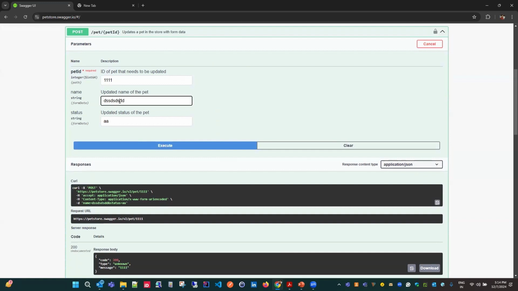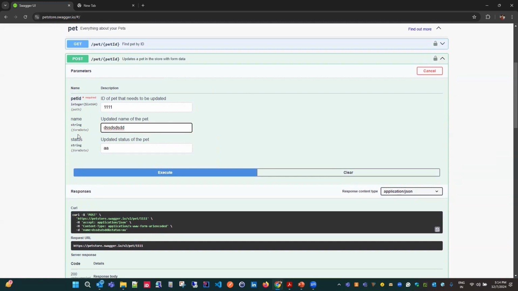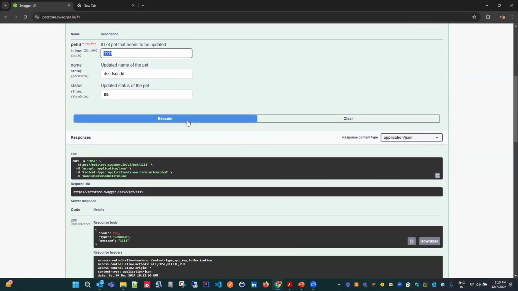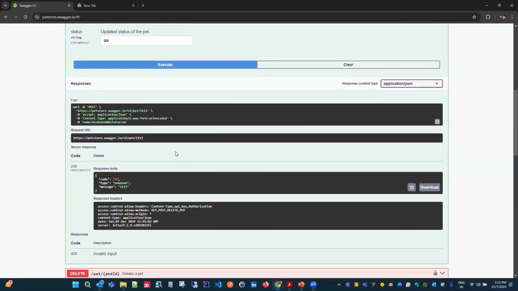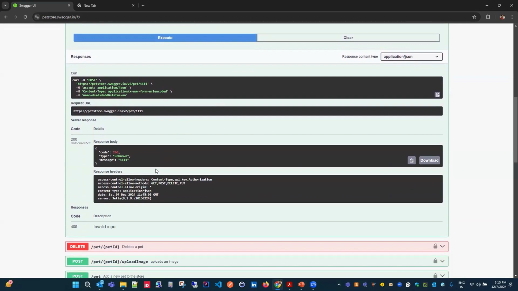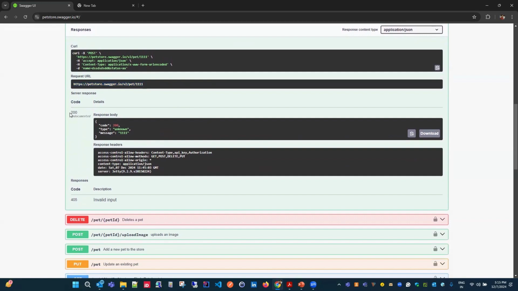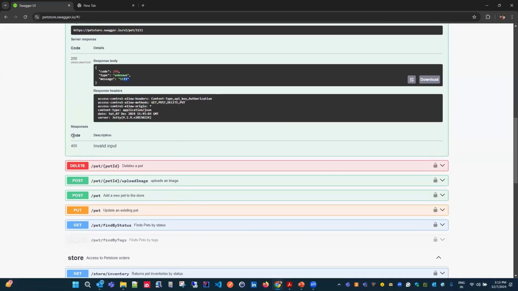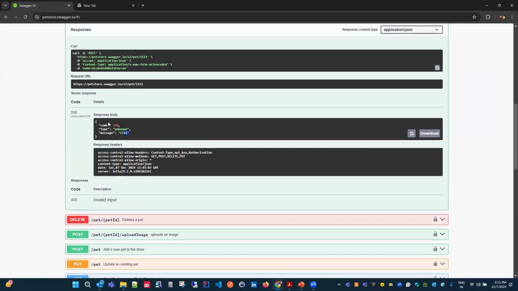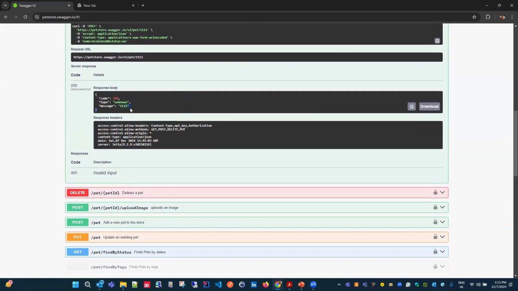Here simply I can give it a try. I will just give a pet ID here as 111, and I will see if I'm able to execute it here also or not. If you see, I am able to execute it here. It gave me the request URL. We got the 200 response. No, we didn't get 200, it seems we got 404. Maybe that pet does not exist. Okay, we got the response, and this is the 200 response,